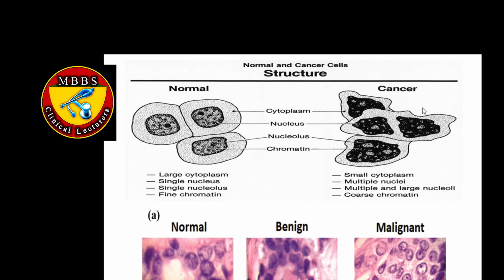Now this picture may show you the normal cells of a tissue of the body, and this is a microphotograph, a microscopic depiction of some kind of gland or duct or acini surrounded by cells with similar morphology, uniform nuclear sizes, and lots of cytoplasm. And it is benign here. But you can see when it becomes cancerous, there is shape change, the borders change, the nuclear morphology changes, the cytoplasm changes,